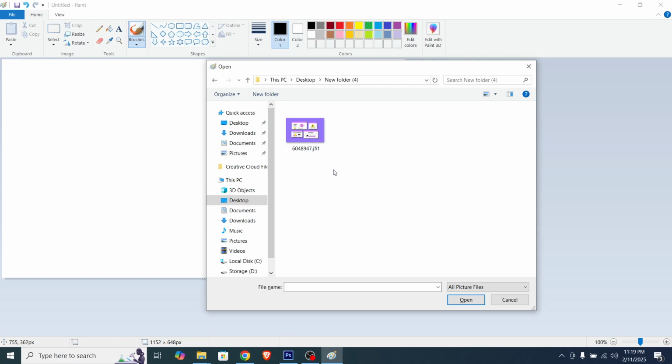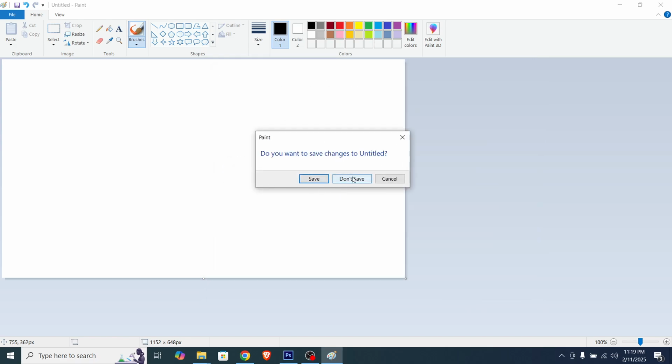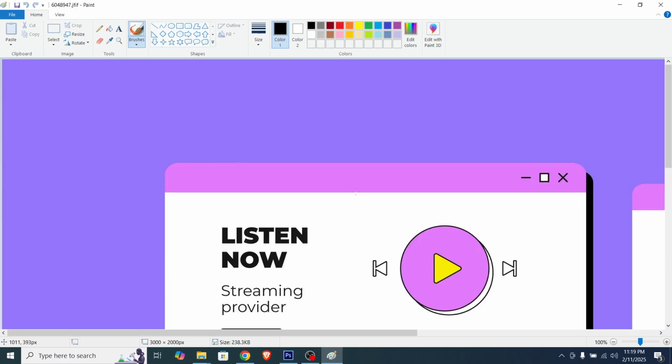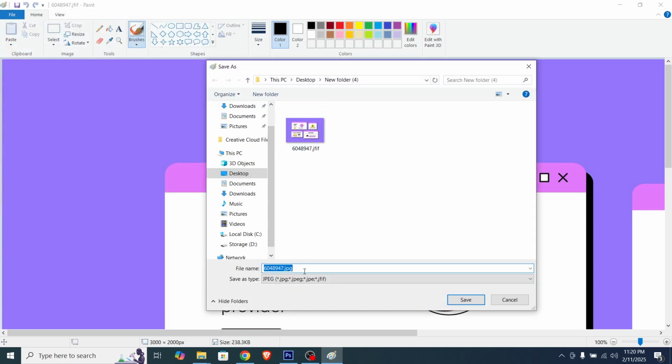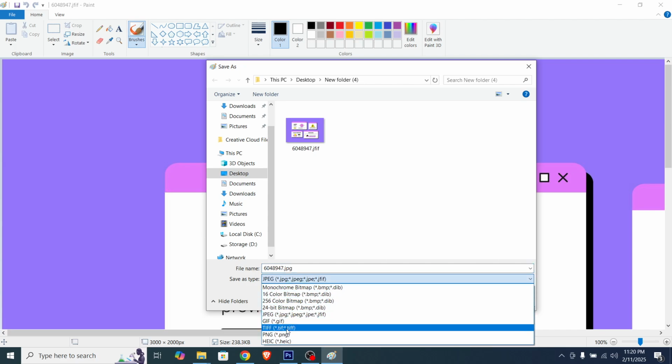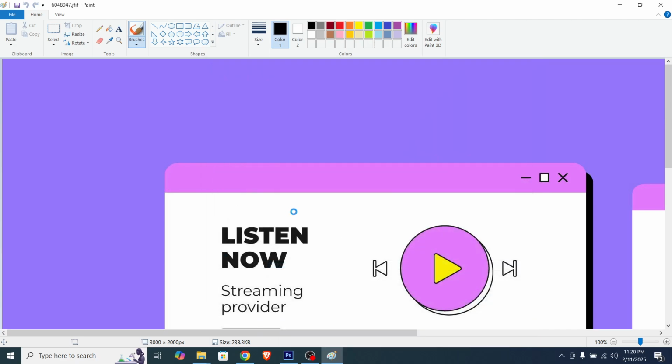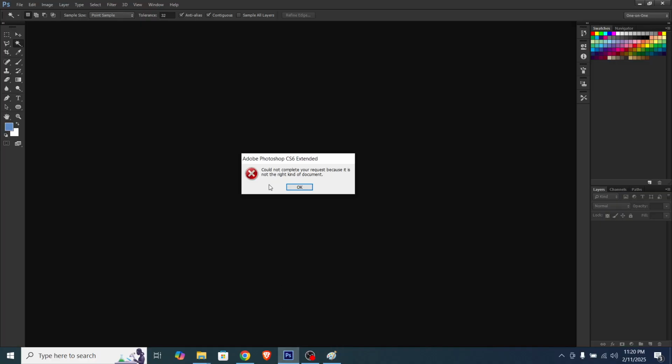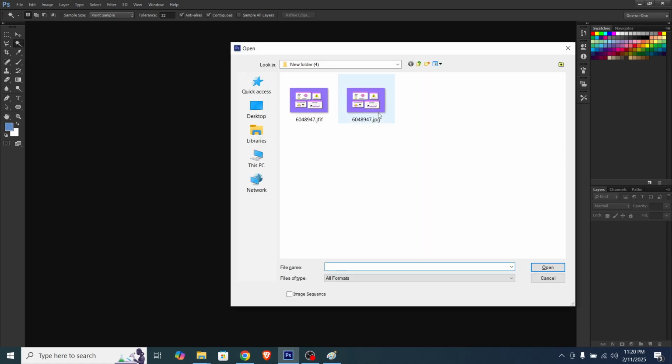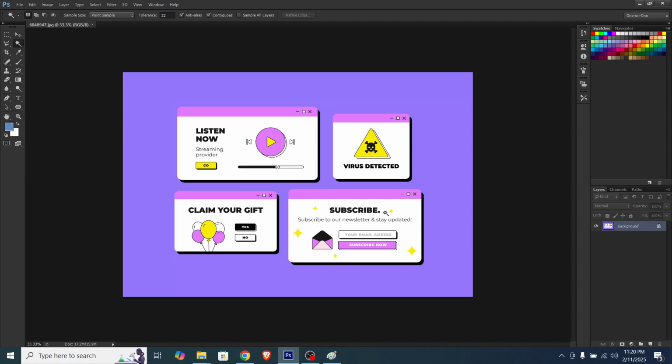Now, lower versions of Adobe Photoshop don't recognize some of the image file formats. So that's why we need to open it in Paint and then save it as JPEG, or it can be PNG. And once you save that, go again to Photoshop and try to import your desired image again. And here you go.